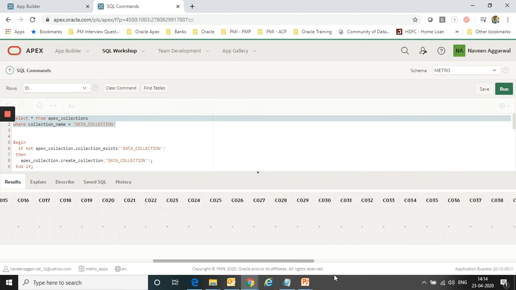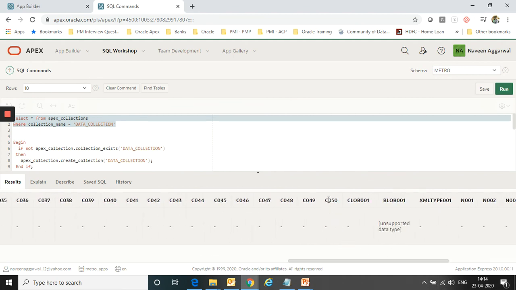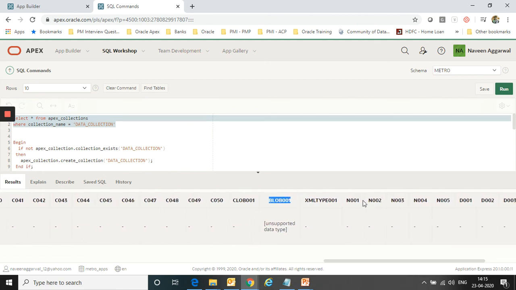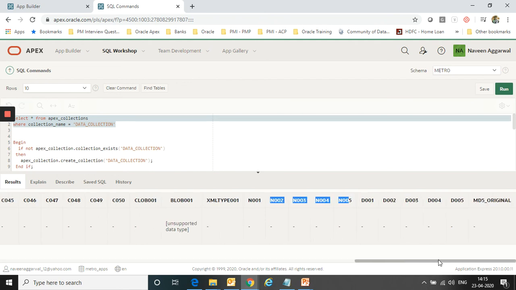If you see here, up to C050, that means 50 columns are assigned for the VARCHAR2 values, one column for the CLOB value, one for the BLOB, one for the XMLType, then five for the numeric values, and five for the date values.